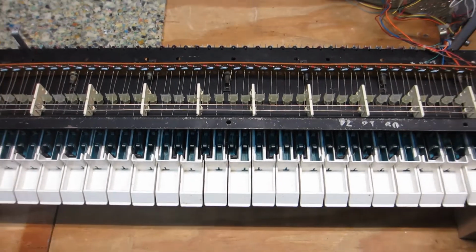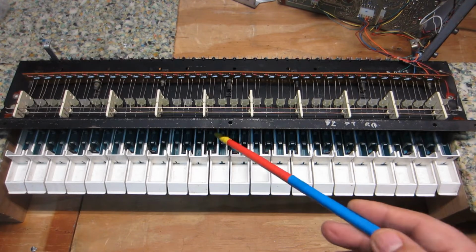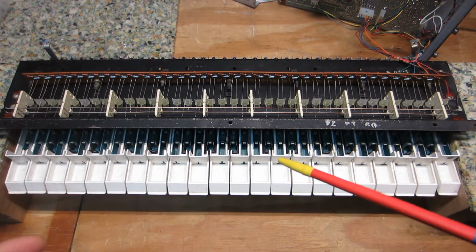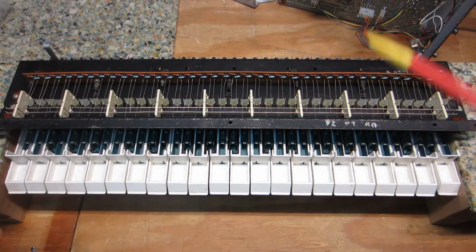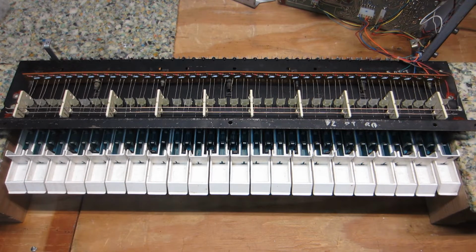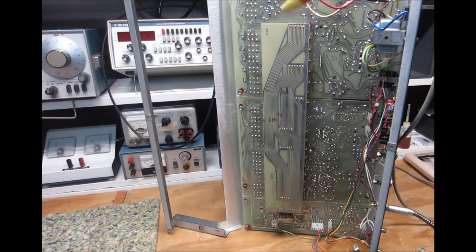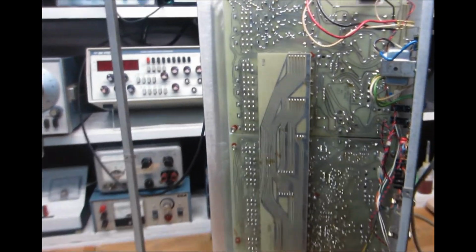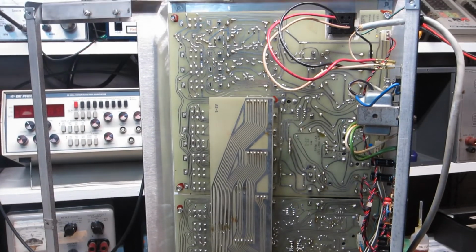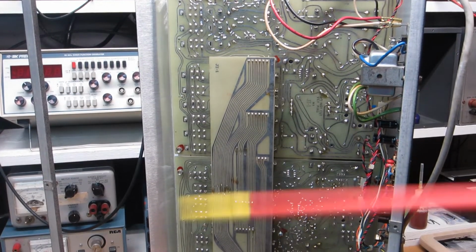I need to clean the other side of the key bed chassis here and get all the dust and debris and hair that's accumulated in this thing over the years. It all just needs to be done. And like I said, I already have been through the power supply. And another thing that I want to mention, and actually it's one of the main things that I had to do to this that I haven't mentioned, but in the previous video I did a few videos on this as I was going through initially,